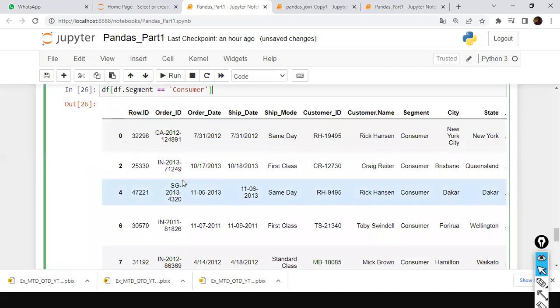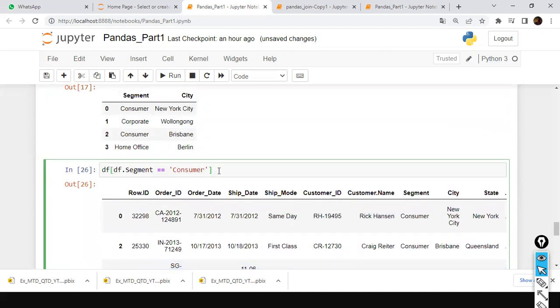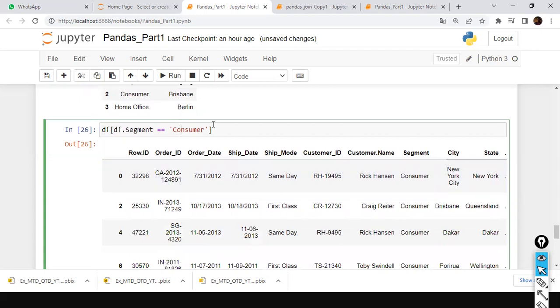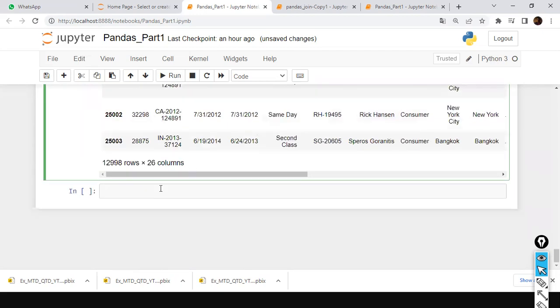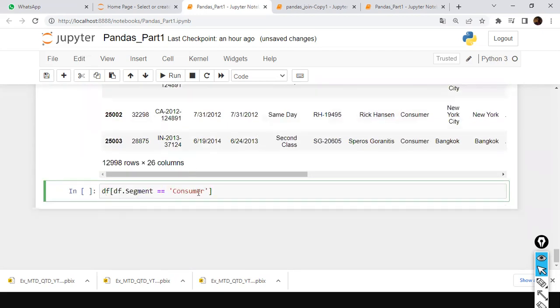Look here. Inside the square bracket, I need to tell first of all which data frame I'm going to work with. So my data frame is df. In this data frame, which column do you want to use? The segment column. In the segment column, based on which value do you want to filter it? Consumer, right? But here it displays all the columns. So here I want you to select only the specific records here,